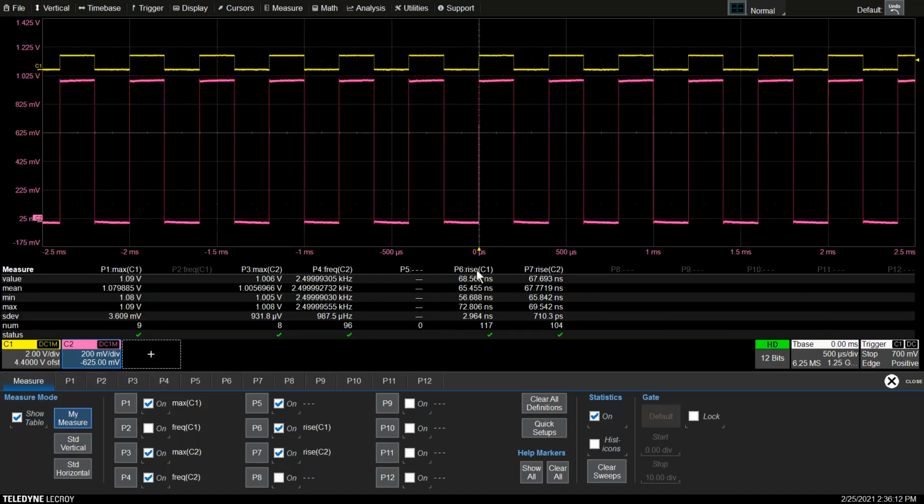On P6, which is the rise time of C1, we can see that our last measured is 68 nano. Our mean is this, and our max and min are here. And compare this to channel 2. Look at the deviation around this mean, which is what SDEV is. So our mean rise time measurement is 65.4 nano. We're deviating around that at 2.96 nano, but because our C1